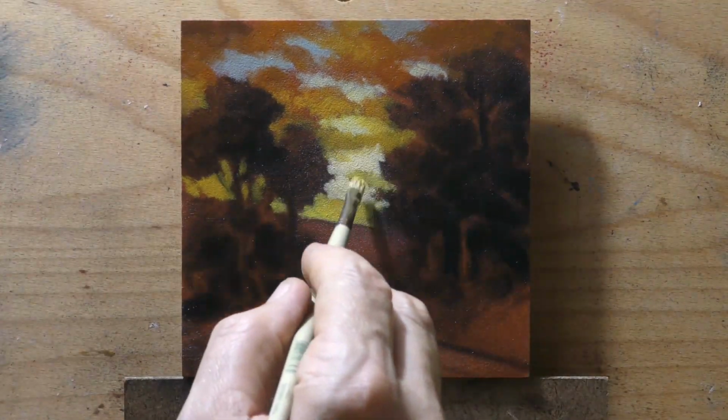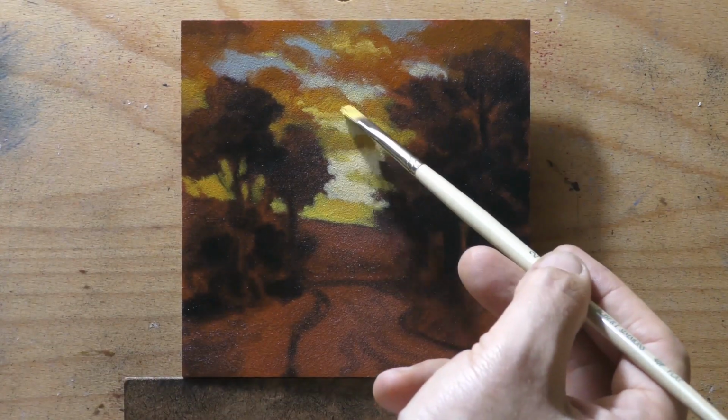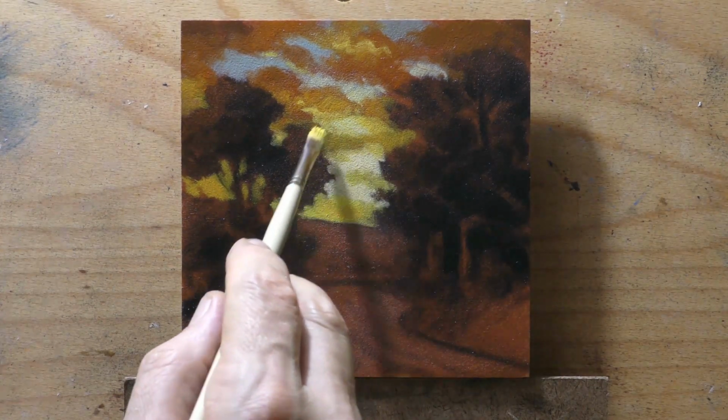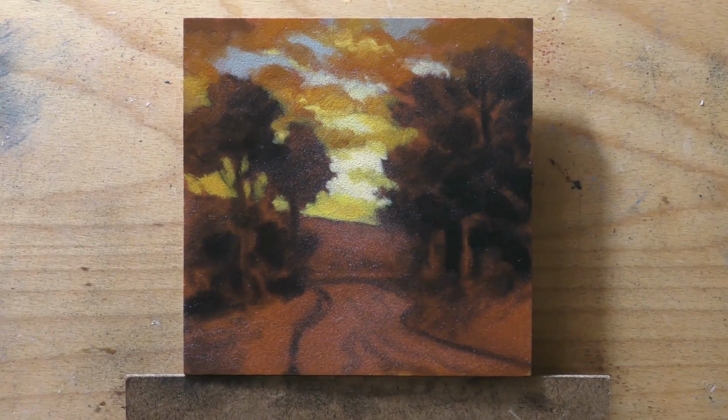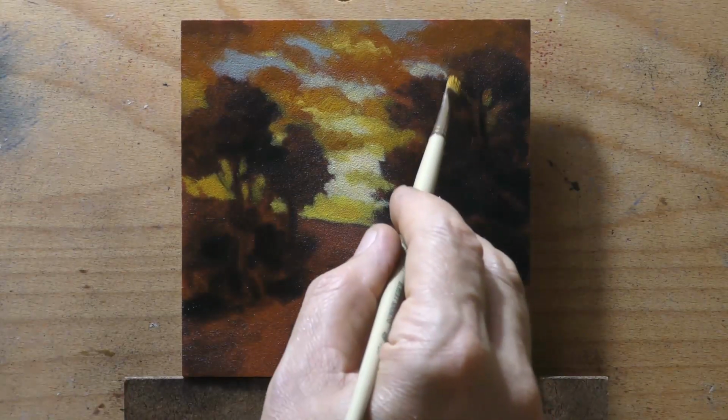But it works. It works okay. I think for tonalism, actual black works better, and this is the thing. Once I started using real actual black, I was able to start mixing better greens,